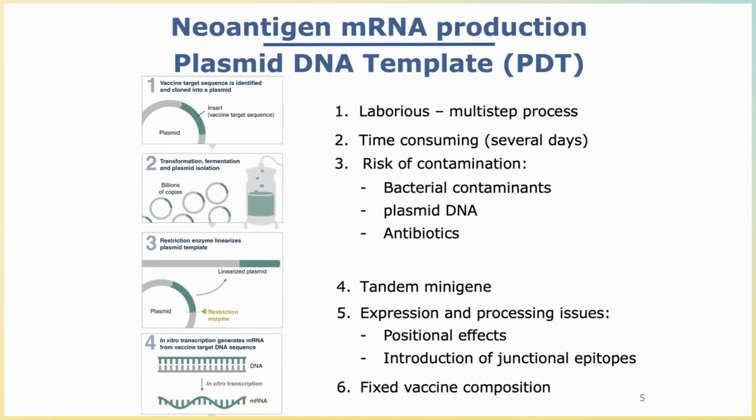And these adapter sequences actually can give positional effects. That means that if you change the order of your neoantigen epitopes, it could well be that certain epitopes are not expressed well, while others are. And vice versa, if you would change it again, that maybe the ones that were initially well expressed are not